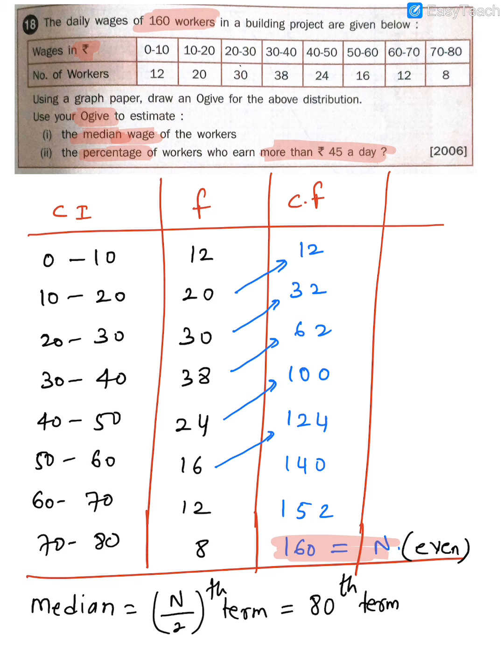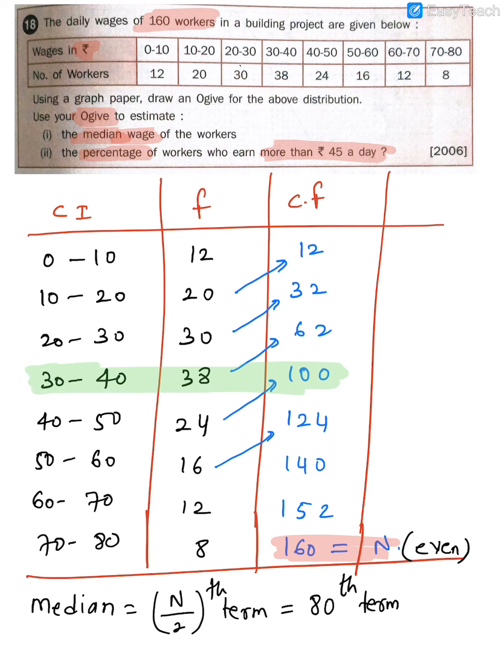Remember, I'll repeat once again guys, statistics is all about just remembering the formulas and applying them, that's all. Now the 80th term, where do you think will the 80th term be? Think about it guys. Okay, so for the 80th term, you can see what is the 62nd term. The 62nd worker has a salary in what range? 20 to 30. What about the 63rd guy? His salary is in the next slot, that is 30 to 40. So these people who are from 30 to 40, you see they start from the 63rd guy till which guy? Till the 100th guy.